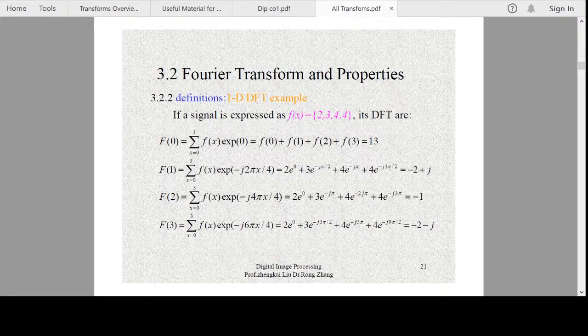Once you calculate the one-dimensional DFT,